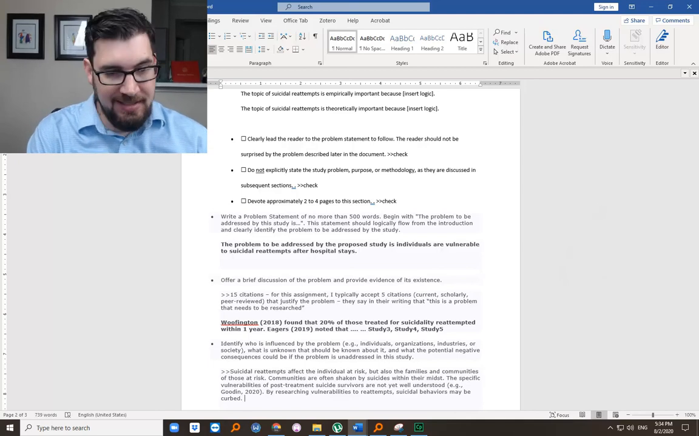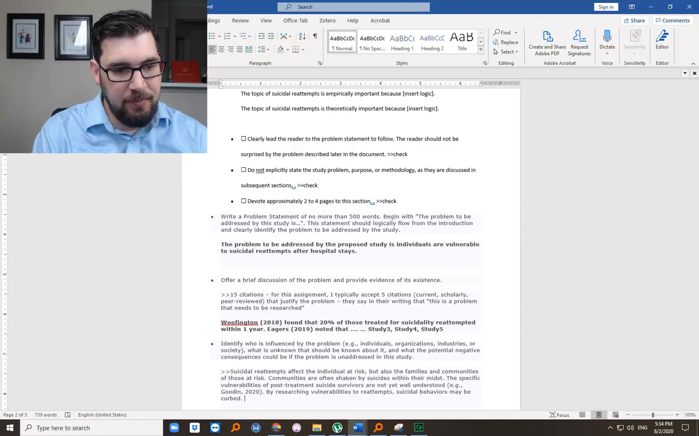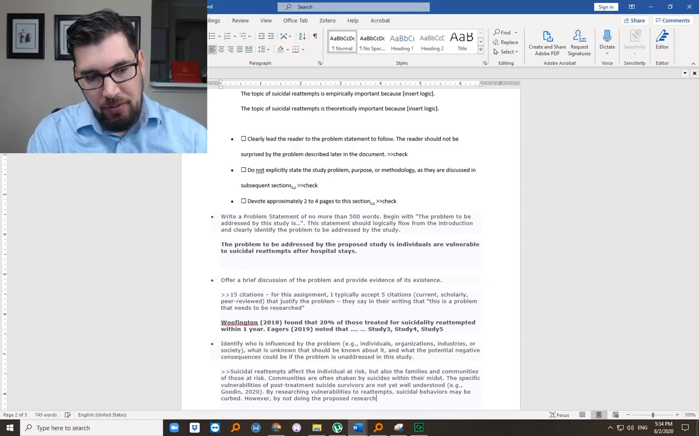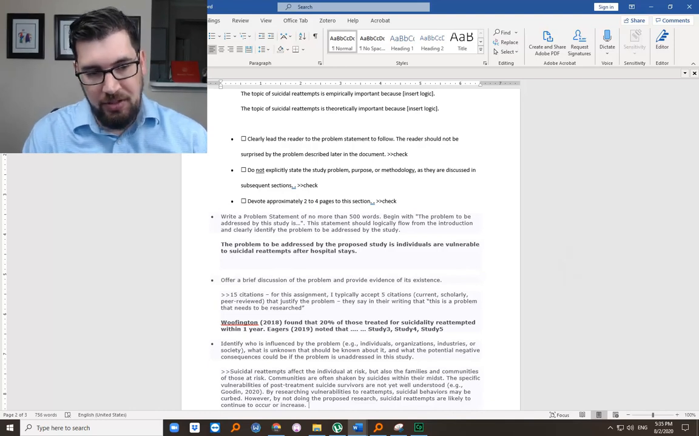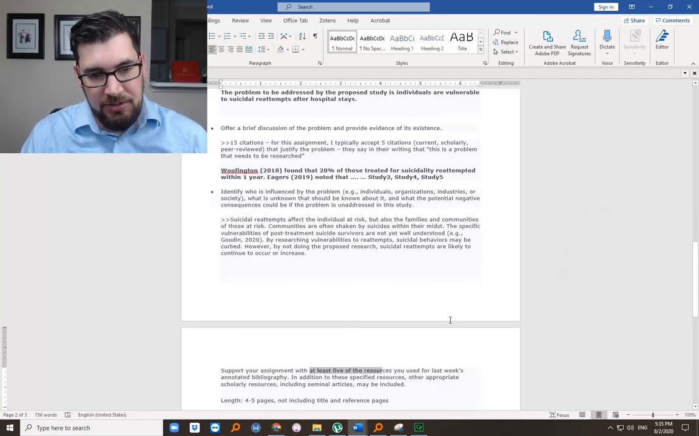It doesn't have to be that simple, but what are the potential negative consequences? However, by not doing the proposed research, suicidal reattempts are likely to continue to occur or increase, potentially. Right, so then support your assignment with at least 5 of the resources you used for